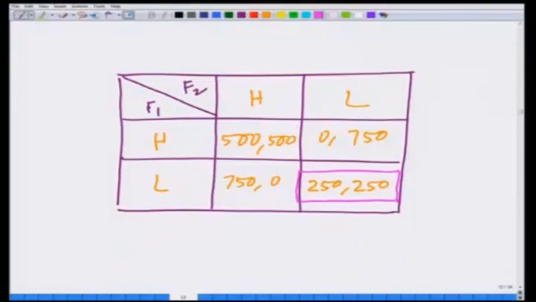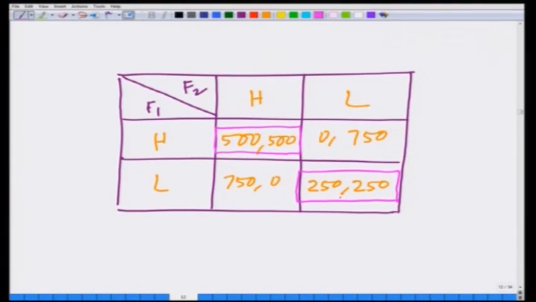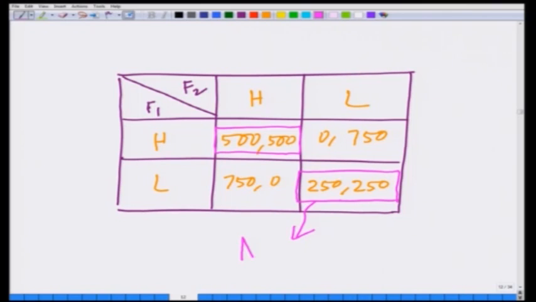Now, compared to this Nash equilibrium outcome, there is another outcome where both of them can simultaneously improve their profit or payoff. Although it is not an equilibrium outcome, if you look at H comma H, there is another outcome, namely H comma H, in which both of these competing firms can simultaneously increase their payoff. Therefore, we say that in comparison, this outcome L comma L is not Pareto